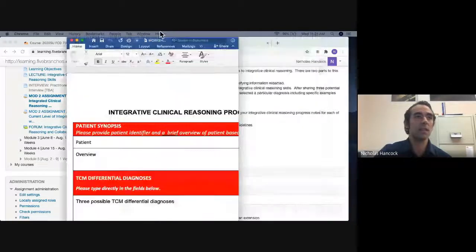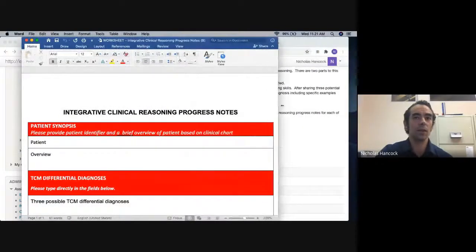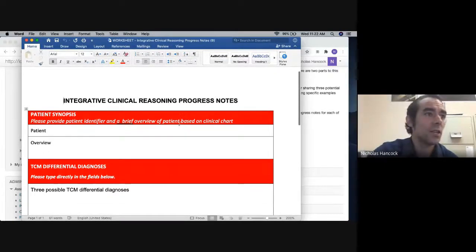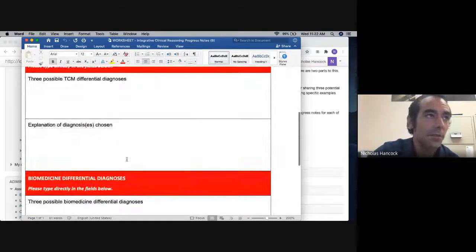So here's what this assignment looks like. Integrative clinical reasoning progress notes. So in this assignment, the students will attach progress notes from their own clinic and their own patients, right? And then they complete this assignment based on the SOAP notes that they provided, right?